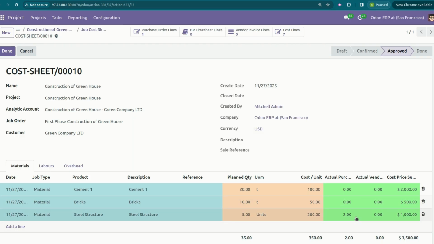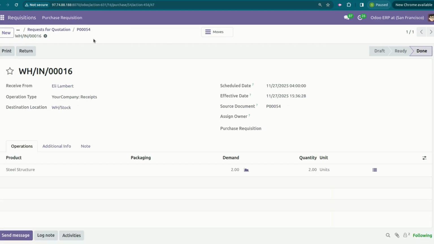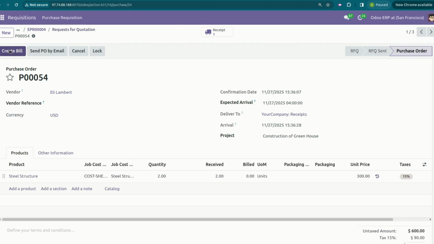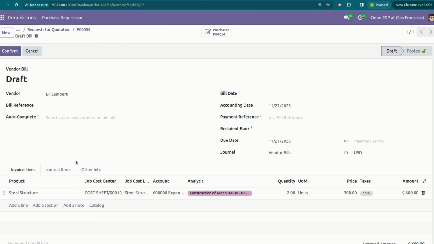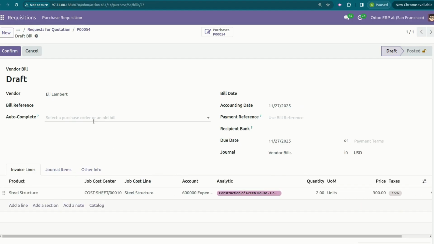Now here we didn't create the vendor bill, we didn't receive the vendor bill yet. So we will book the vendor bill in the system from the PO, create a bill and then confirm. You can see here automatically my job cost sheet and then the line is selected over here.